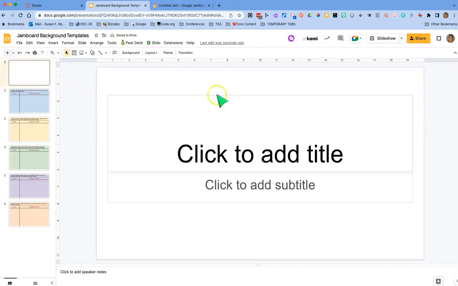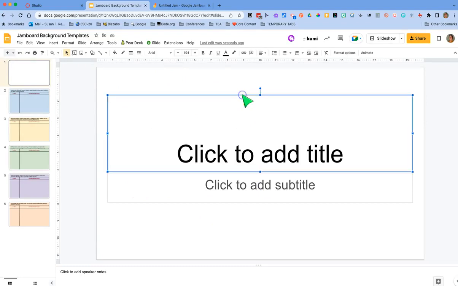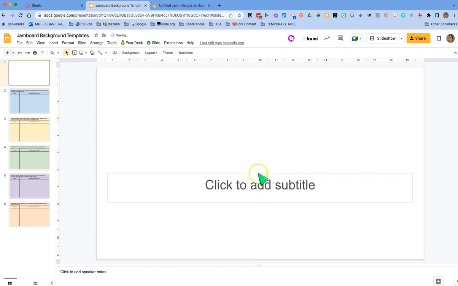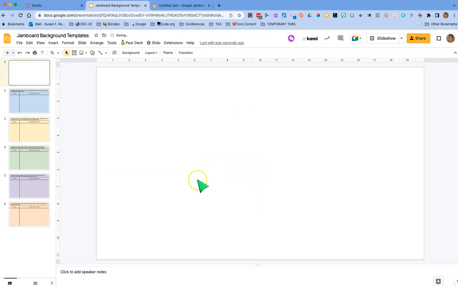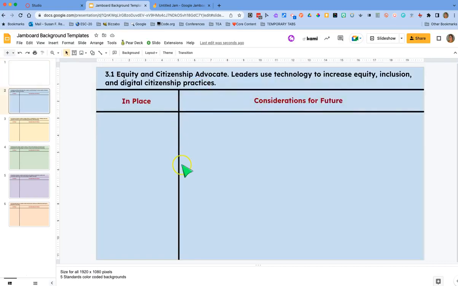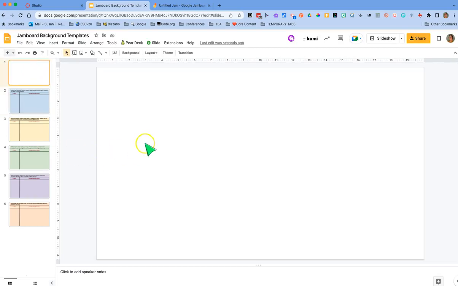I have a blank title slide here, and in this case I'm going to just select that frame for the title and delete it because I do not need it and I do not need the subtitle. Now the simplest, I would say, visual way to differentiate your slides in a Jamboard is by changing the background